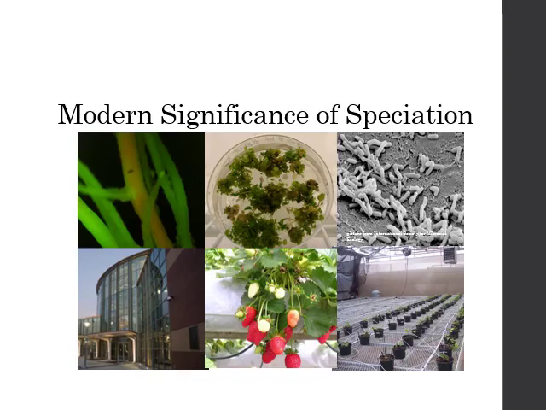Today, there's a huge modern significance to speciation. We can create organisms. We can patent organisms. There's one particular group of organisms called Agrobacterium. Agrobacterium is a type of bacteria that is a natural genetic engineer. It can alter a plant's genome and insert new genes into it. The reason that's so important is because it is really, really hard to genetically modify a eukaryote. It's really hard to modify you or plants.